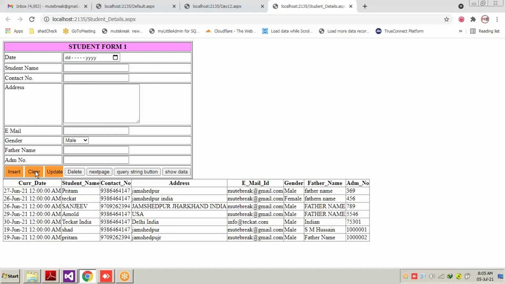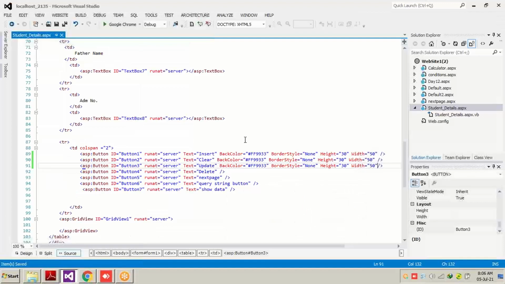Now this is very good. It's a very easy task, don't you think? It's a very easy task to change the button properties: color, font, height, and width. Now just imagine you have 2, 3, 4, 5, 6, 7 buttons on this particular page. On this one page alone you have 7 buttons.